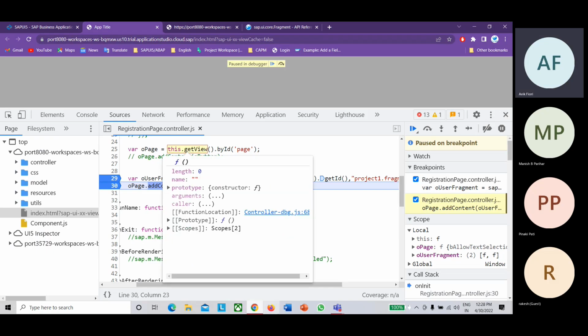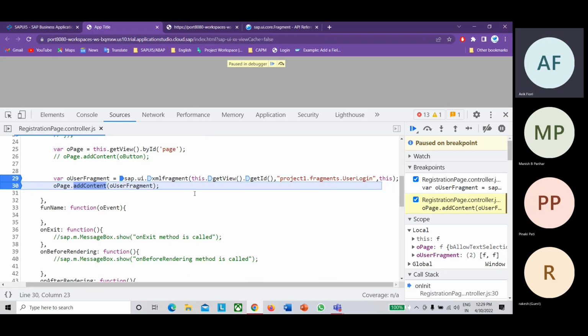Okay. So now, guys, one thing which I told you: a fragment is not a control instance. Whatever you declare inside the fragment, if you are loading the fragment, it will only return the content. It won't return its own instance. Means if you call this.getView, it will return the view. But for a fragment, there is no such thing. If you call the fragment, in return it will give you the content of the fragment, not its own instance.